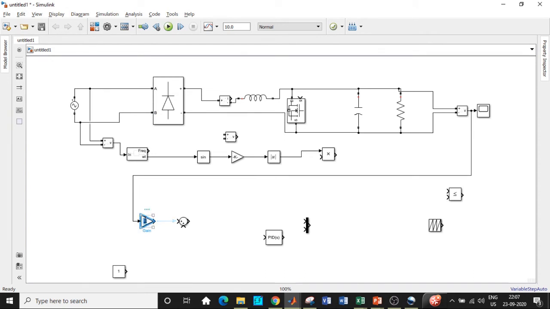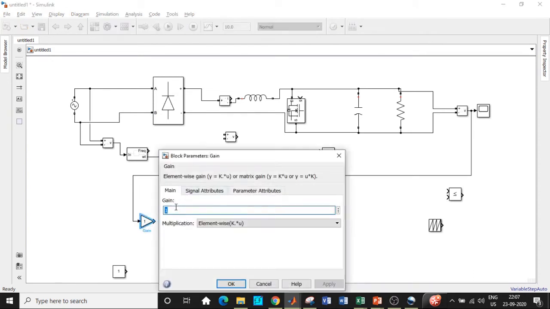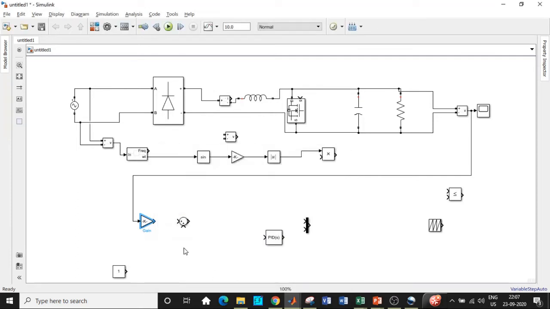So double click on this. I'll be changing its value. By double clicking on it, 1 divided by 500. So you will be converting this to per unit value. 500 is a random value that I've chosen. So if you get 300 volts at the output, 300 will again be converted into the per unit value with respect to 0 to 1. So based on that, it will be converted. You can do that without that as well, just to ensure that we get, usually, gate pulses should be between 0 to 1, isn't it? As a result, you're doing that. In case you skip that step as well, it doesn't matter, so you can do that.